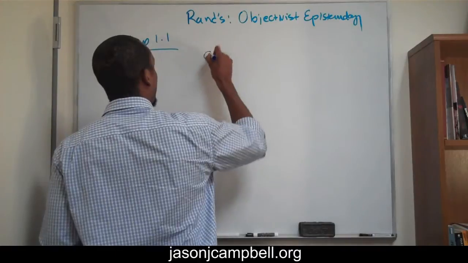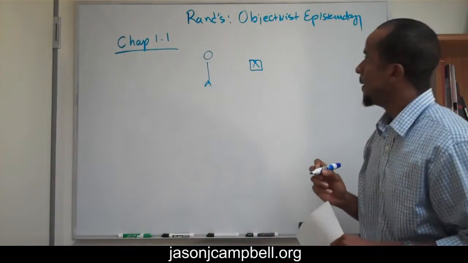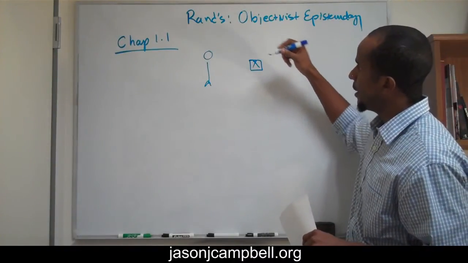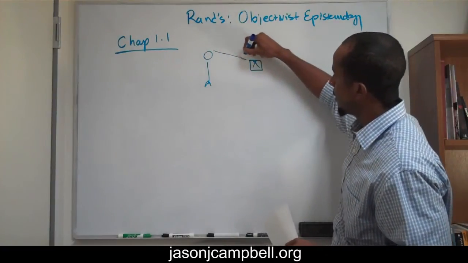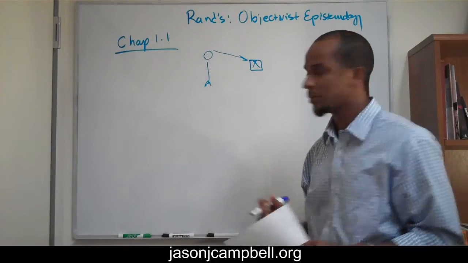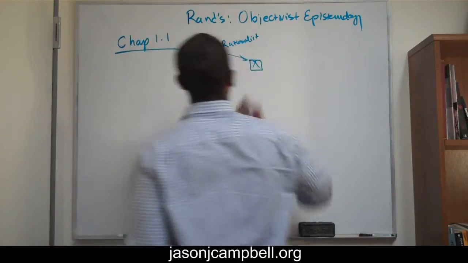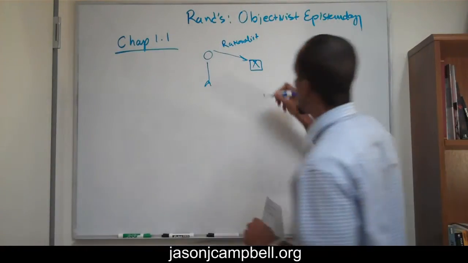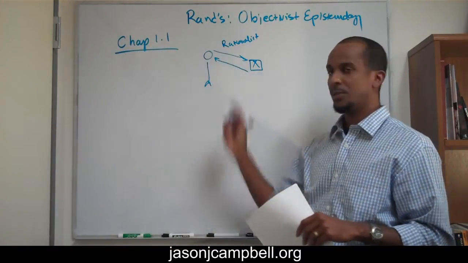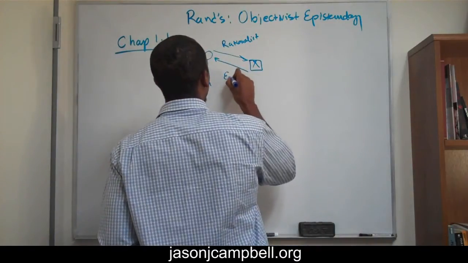So let's look at this idea of consciousness as an active state. Imagine that we have a perceiver, the external world, and an object. The traditional account is that the rationalists make this claim, that our mind constitutes the external world. So this is the rationalist stance. And then the empiricists came along and said, no, it's the other way around. The external world is the condition for the possibility of my mind. So this would be the empiricist.